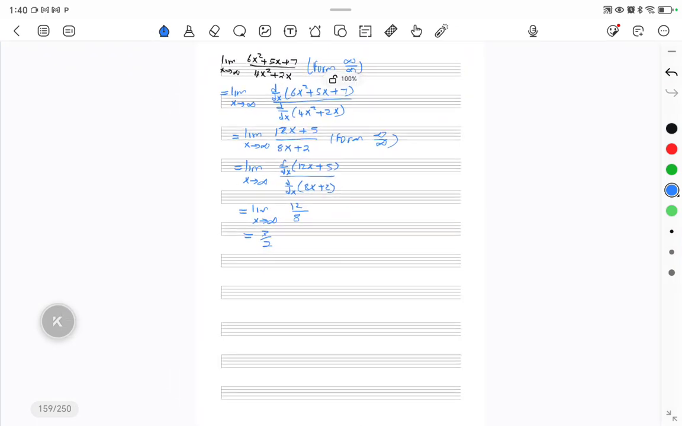So if you have any question, I think this one was the simplest because everyone knows how to derive this. So